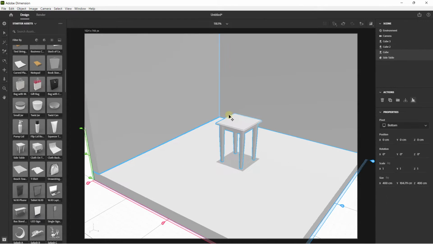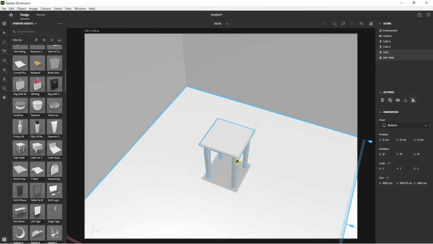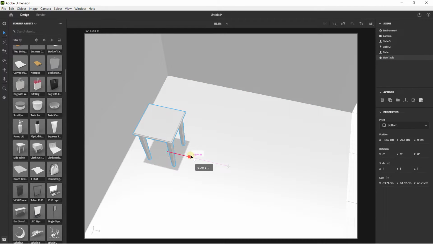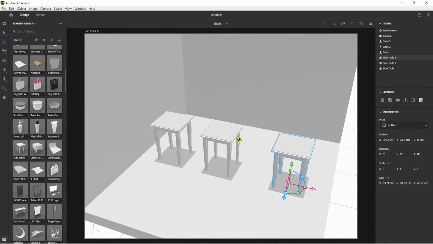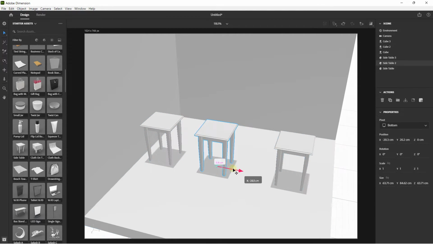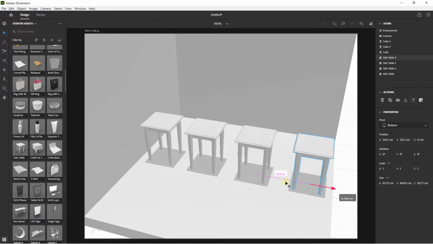Now let's take a glance at the distribution. If I take this table, just like this, I select only the side table and position my table here. Now I can press Ctrl D and duplicate the table, and Ctrl D, duplicate the table again. And I want to have the same space. I position my first table first. Maybe I can put another one more. So first you position your first table. Let's press Ctrl D. You position the last table.